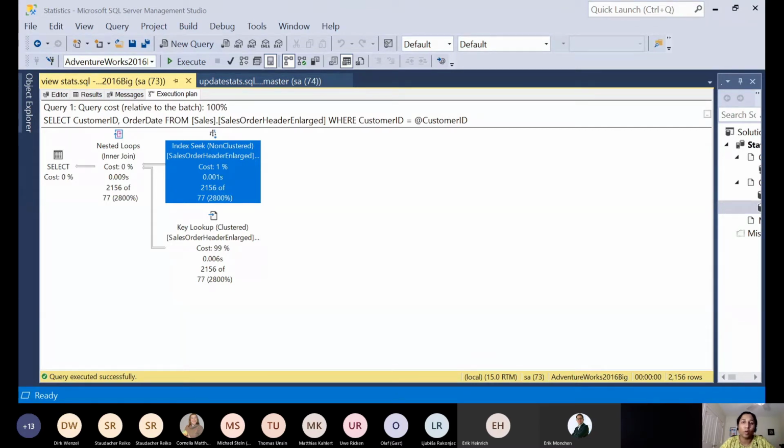So this will cause a problem sometimes, because we might have a non-optimal plan in the cache that might be used for all the executions where the estimates and actuals are way too off. And whenever you have so much skew in your tables, then this might cause a problem too.